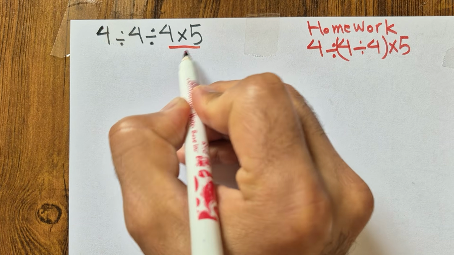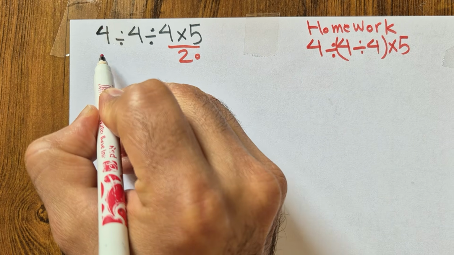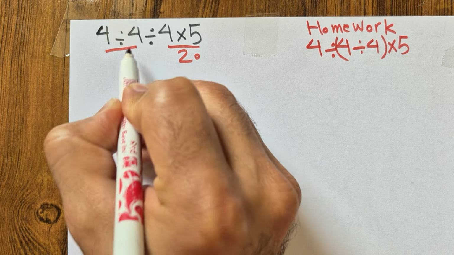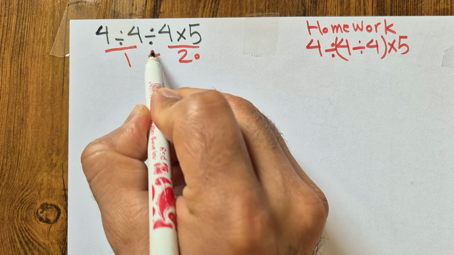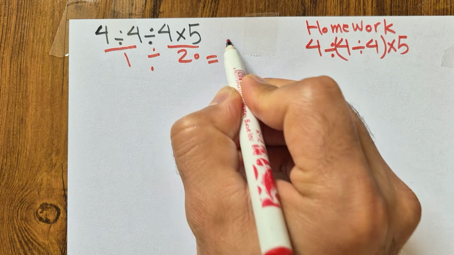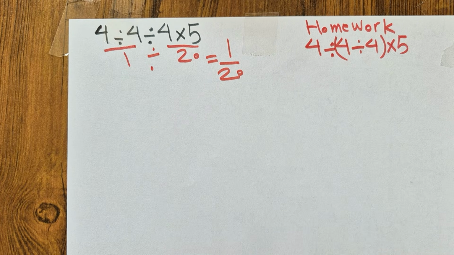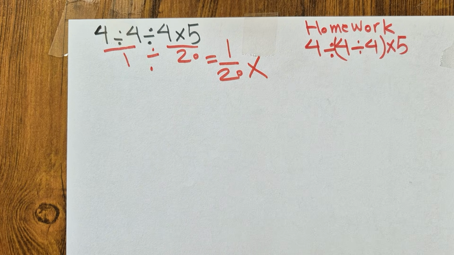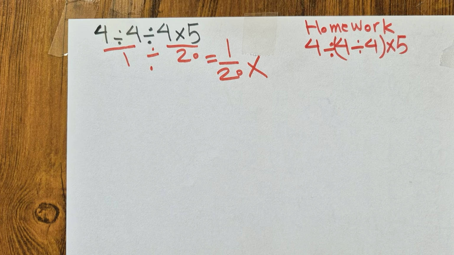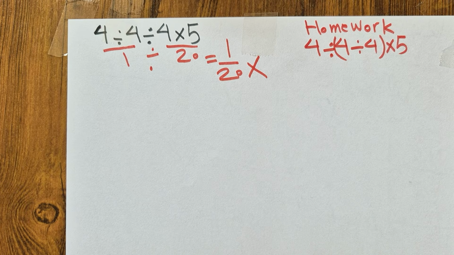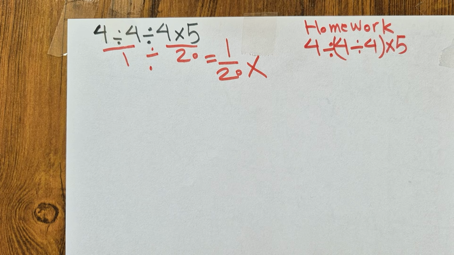4 times 5 gives us 20, and then 4 divided by 4 gives us 1, and then 1 divided by 20 gives us 1 over 20. Unfortunately, that's not correct because you fell for a big trap, hook, line, and sinker, and that's the order of